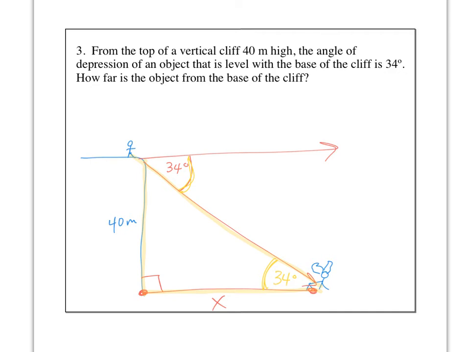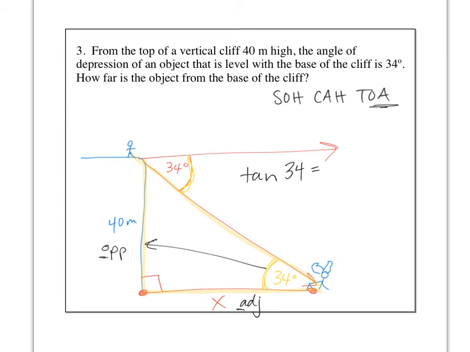Okay, so here we go. We're going to think about our 34-degree angle. The x, is it adjacent or opposite or hypotenuse to the 34? If you're thinking it's adjacent, you're right. So this one is adjacent. And then the 40 is opposite. Opposite and adjacent, if you think about SOH CAH TOA, you got to find the one with the O and the A. It's tangent again. We use tangent a lot. So tangent of